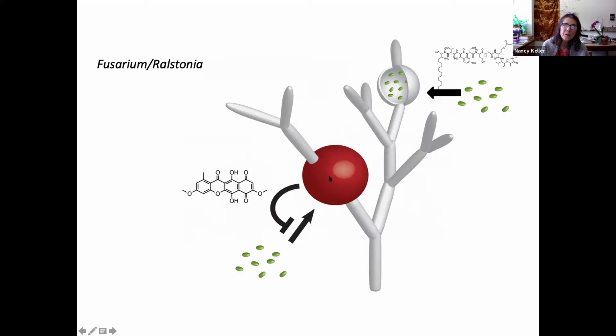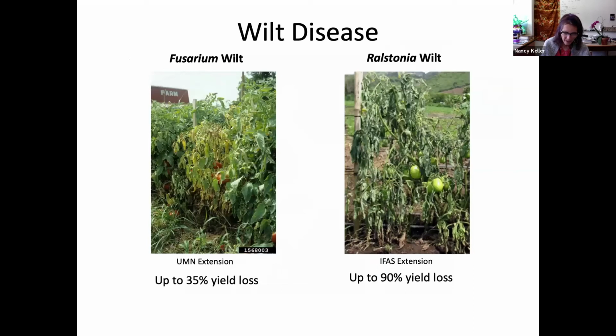But in the case of Fusarium, it actually would induce the production of a polyketide only in the chlamydospore where the bacteria entered and reduce the population, the number of bacteria. So these studies are all published. And I want to end, though, with a continuation of this work by another student in the lab, Nandita Venkatesh.